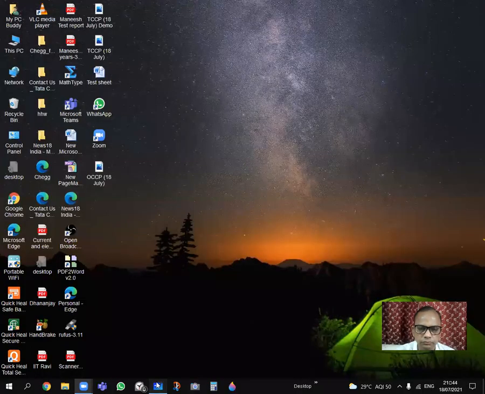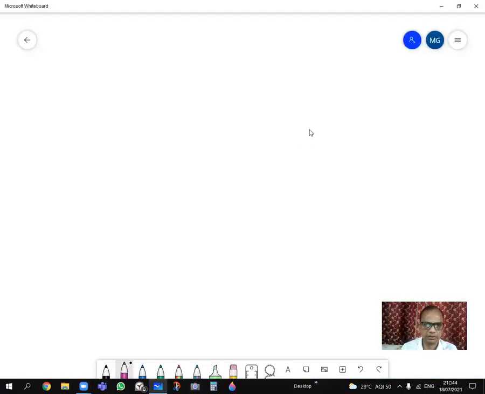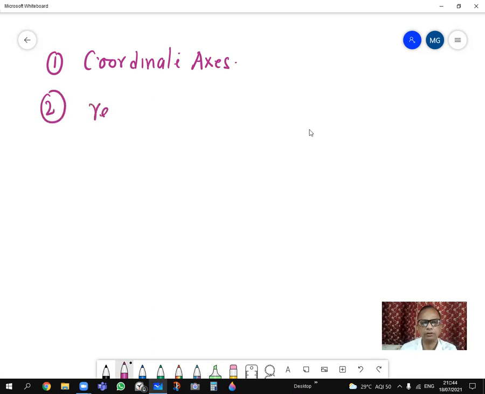Okay, so for solving physics problem, there are two basic concepts which you need to know. First is coordinate axis. Proper coordinate axis makes a tough problem easy. And second, to understand resolution of vector. So let's start with first. Coordinate axis